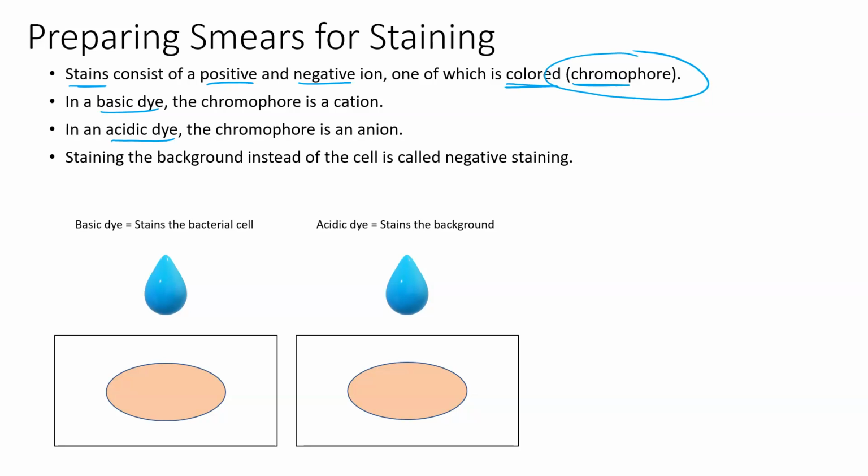When we construct a basic dye, we put the pigment in as the cation, and we know the cation to be the positively charged ion. In an acidic dye, the chromophore is going to be an anion, which we know is the negative ion. Now, because bacteria are negatively charged,